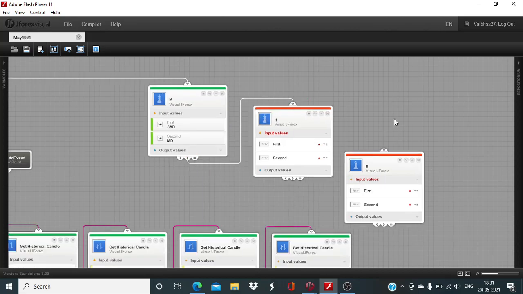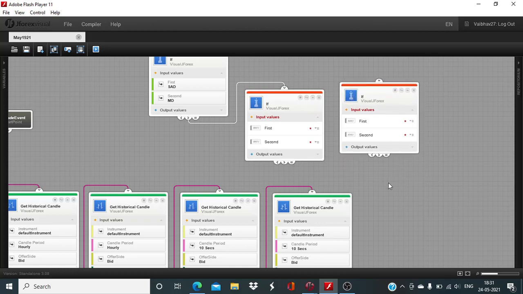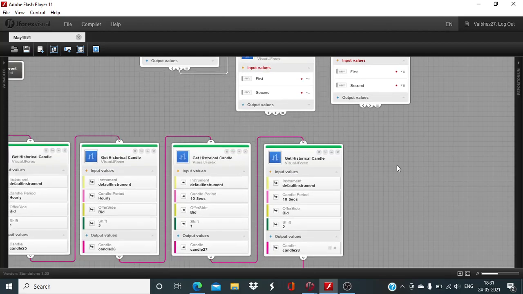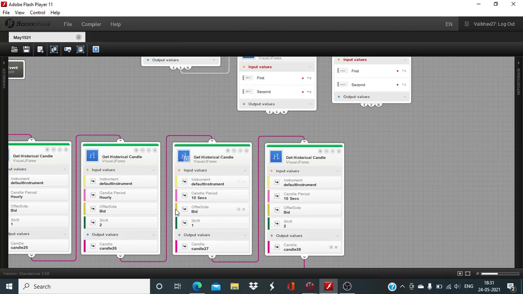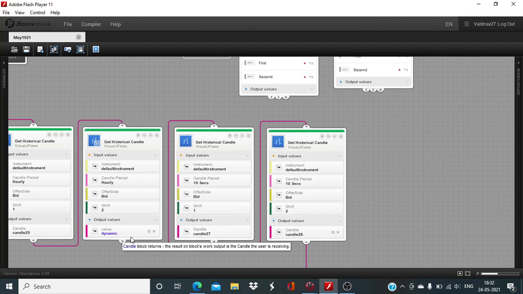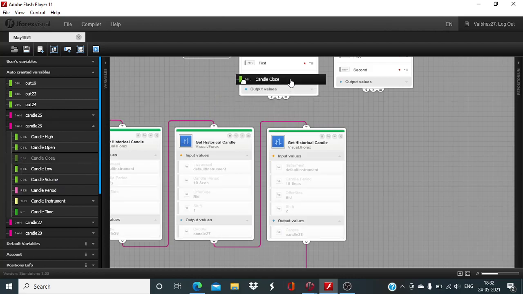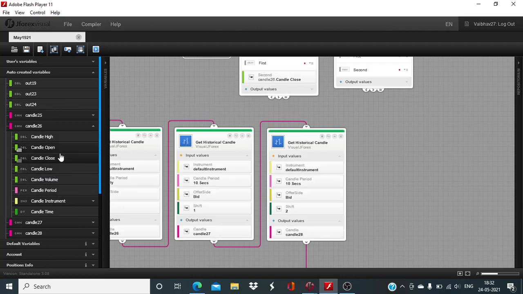First input greater than second input, and then all we have to do is compare the last two candle values of 10 seconds each with the hourly close. So we need candle 27 candle close to be below the candle 26 candle close, while the candle 28 candle close was above the candle 26 candle close. So we'll need to take this value as a second variable,